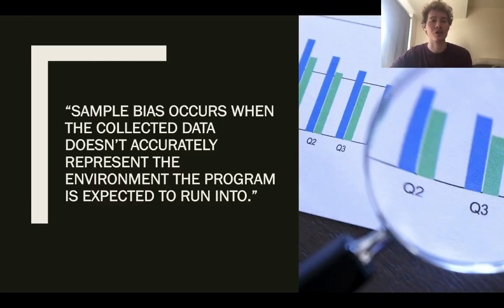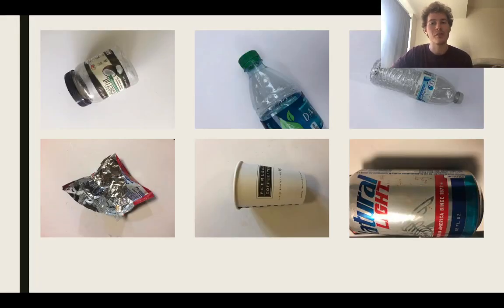Sample bias occurs when the collected data doesn't accurately represent the environment the program is expected to run into. When training a recycling model on publicly available data, you can see how it may be difficult to find images that best represent how users may use your model. For example, we may train our model on this data available from a Stanford student's GitHub repository. However, we can notice that each image has a uniform background,